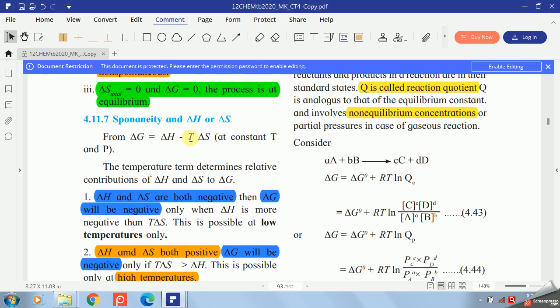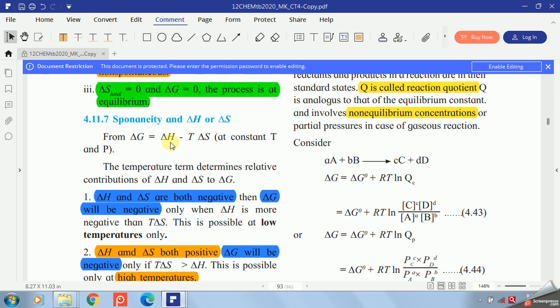But this can happen when the T value is higher, so we have to keep the temperature higher. Now, if delta H value and delta S value are both negative, then negative and negative become plus, and if this becomes plus,